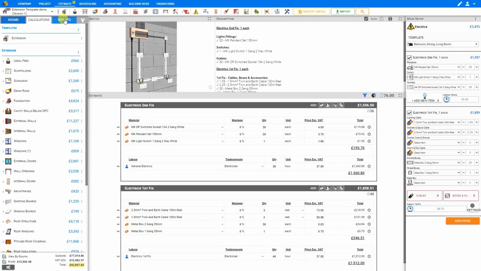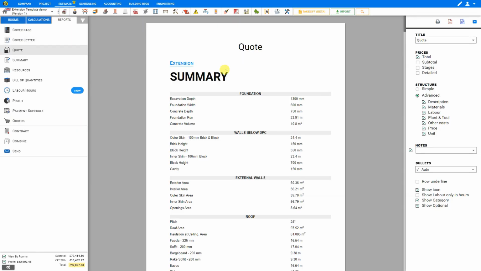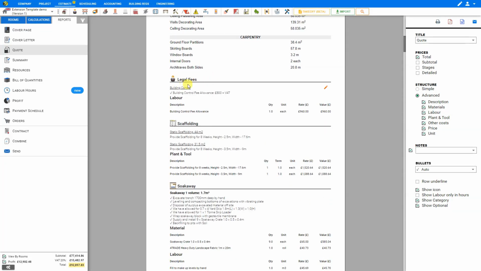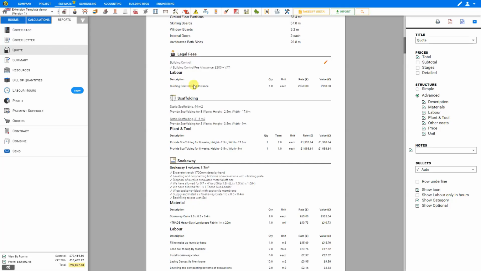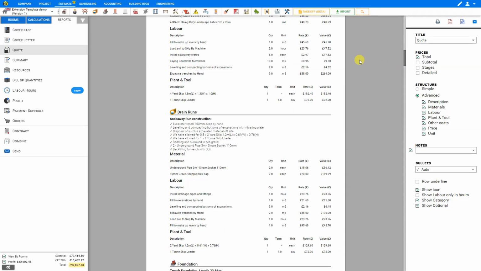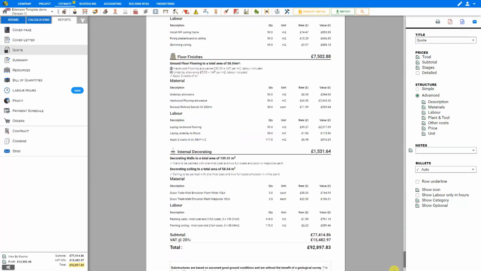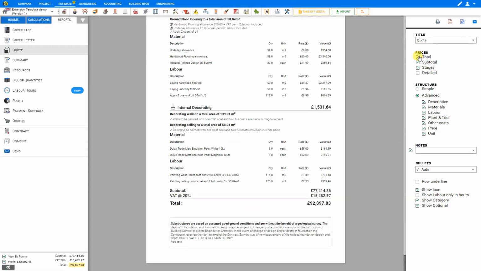When you're done, you can select the Reports tab here, and Price a Job will generate a detailed quote including the template summary and a breakdown for each of the various modules. And you have options to show the subtotal for each of the various stages, or you can display a subtotal here at the very top of the quote. At the very bottom, you can choose to show or hide the total,